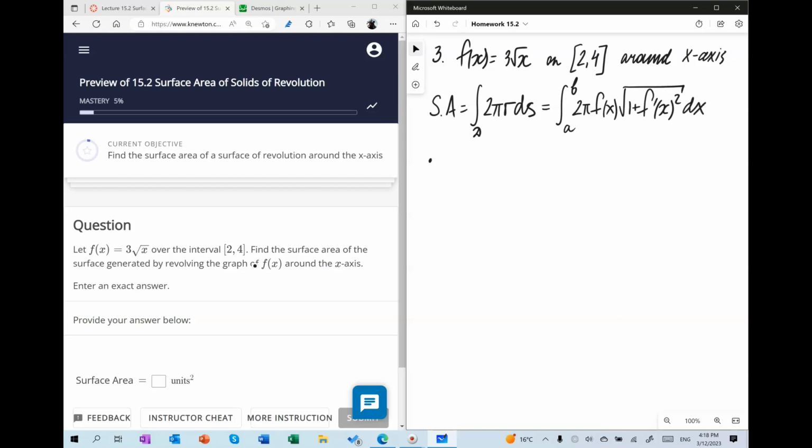We're going to set up the integral in 3 steps. First we find the derivative, then we find the integrand,